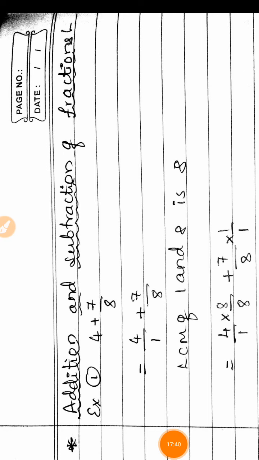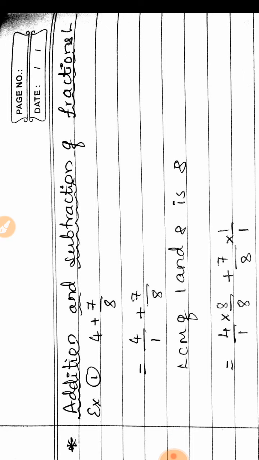So I was telling why we have to study equivalent fractions. Whenever you are going to add or subtract, only addition and subtraction I am telling, not multiplication and division. It is not necessary to convert to equivalent fractions there. Only in addition and subtraction of fractions we make them equivalent, then we add, then we subtract. Okay, so go for the next. This equivalent fractions we can apply in addition and subtraction.